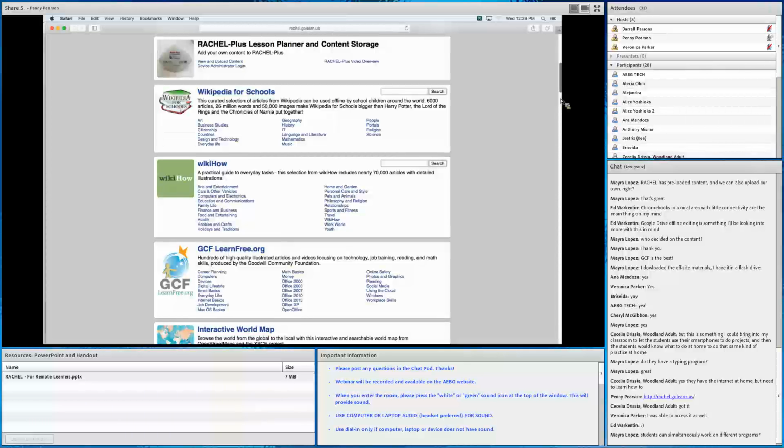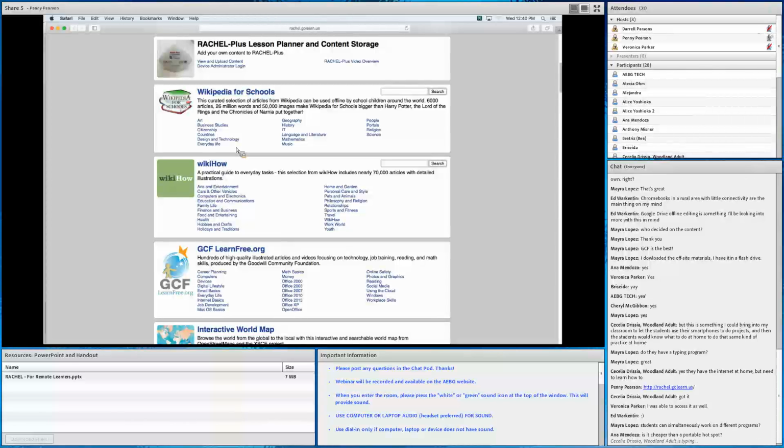So here you see Wikipedia for schools and what they cover. And I do want you to know there was a wonderful conversation on Rachel Friends where, Wikipedia, of course, has its own issues, but they were really concerned and they got some feedback rather rapidly from some of the jail programs because some of the materials on Wikipedia are not appropriate for incarcerated adults. So this has been a journey to make sure there's nothing inappropriate on this version of Wikipedia.